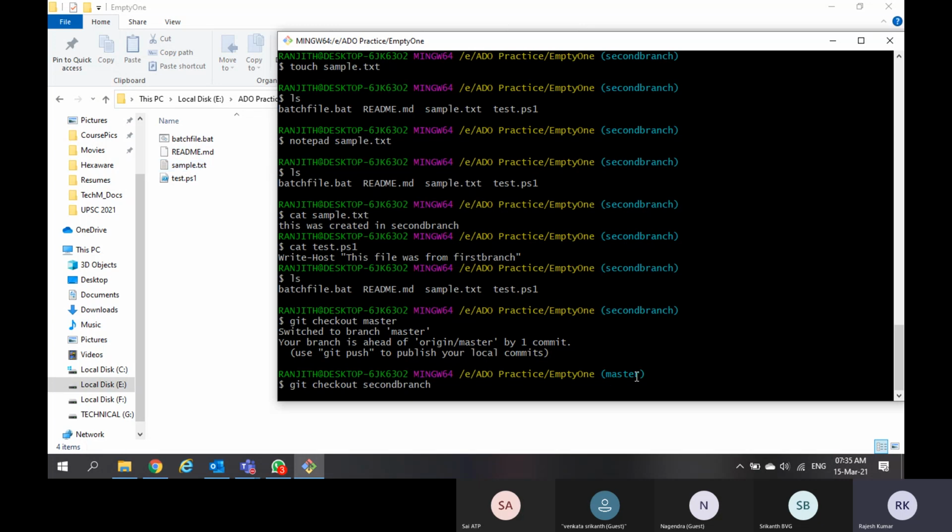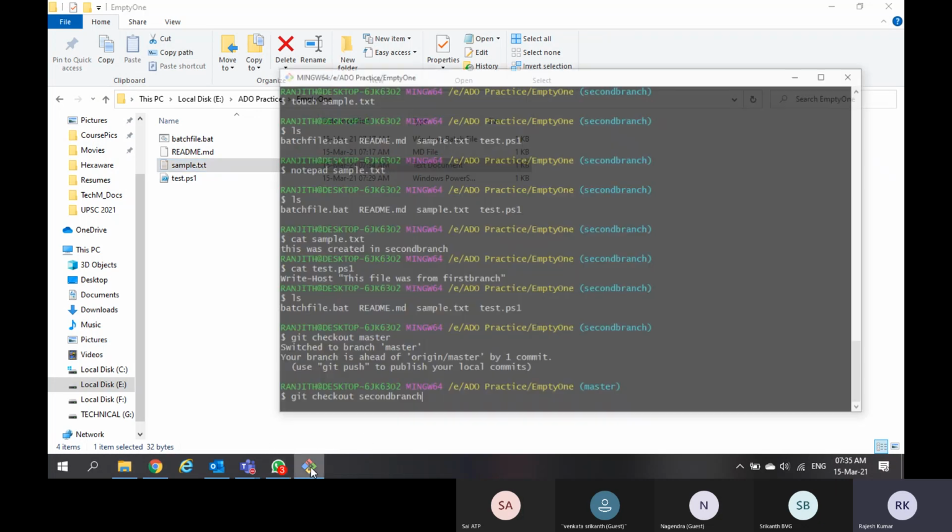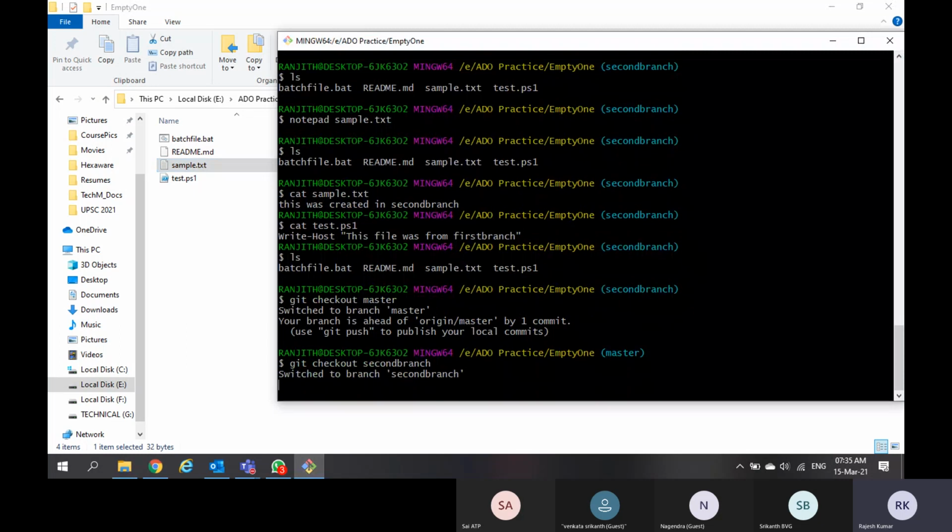I told you, saving is not complete in Git. You need to commit those changes. Even though I modified and saved this file, it was not added into Git history. That's why even if you switch branches, it will be displayed in all the branches.